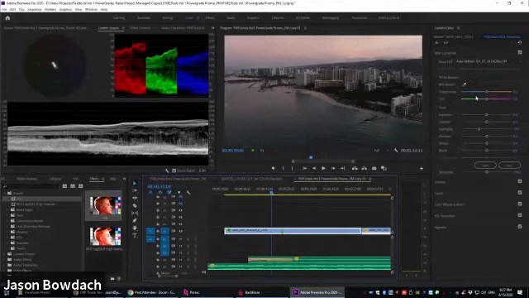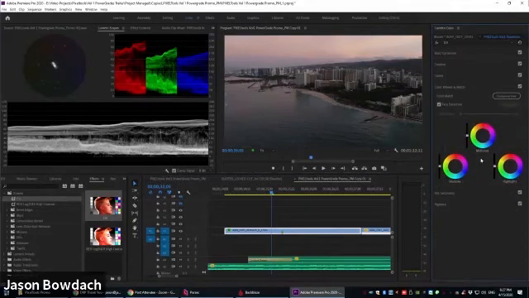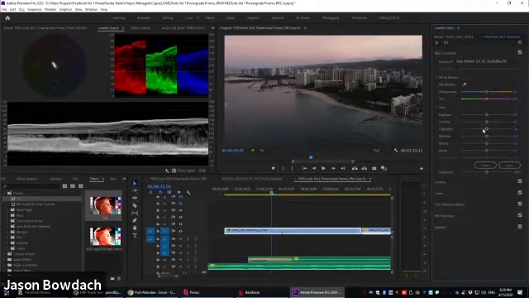You'll notice that by attempting different ways of balancing, whether you use the temperature control, whether you use curves, or whether you use the three-way color wheels, they all have different ways of balancing the image, and one way may work significantly more successfully than the others, allowing your image to sing a little bit more. So let's try all of them and see which one makes this image jump out more.